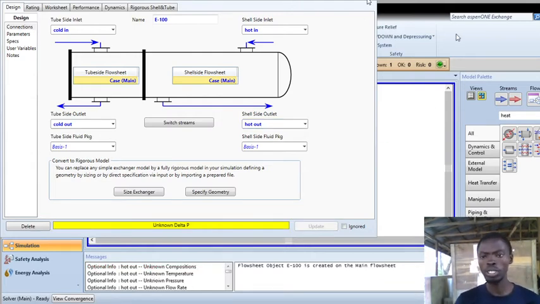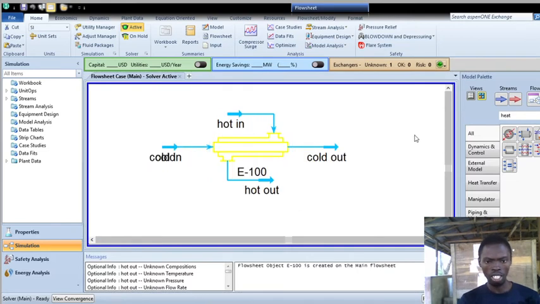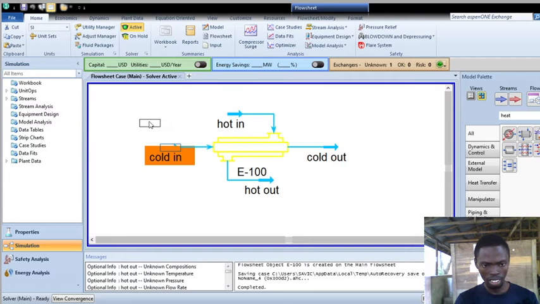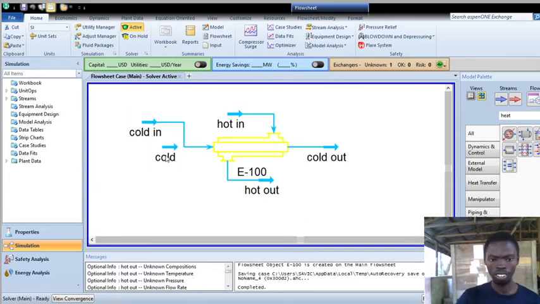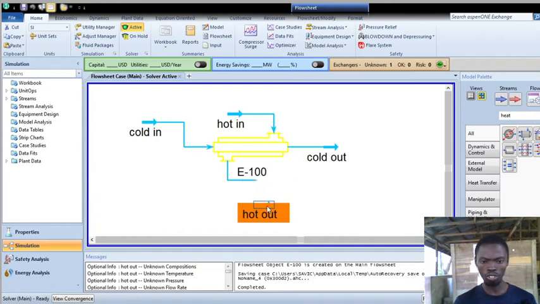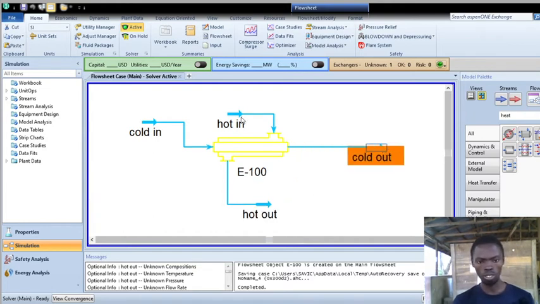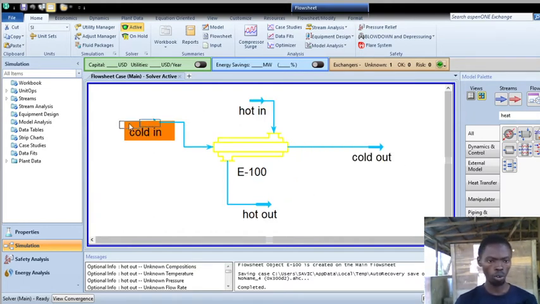Now let's close this page and then talk about what we have here. Now look at it. You can see that you have two inlet streams and two outlet streams, isn't it? And this is your heat exchanger right here. So what do you need to do? You need to specify all the parameters you've been given according to your question, whereby you specify everything before you can then move on. So let's go back to our question and see what we have and what we do not have.